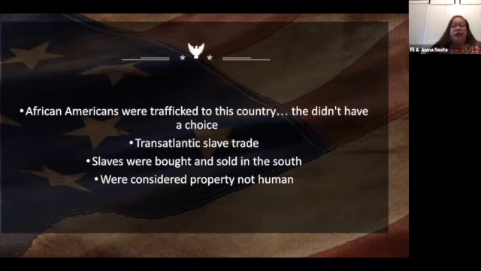So I just want to pause. I know that last week we learned from Dominique Gillard, and he mentioned a little bit about the importance of understanding the history. And this is one thing that is often missed. So I just want us to stop for a second and reflect on that.